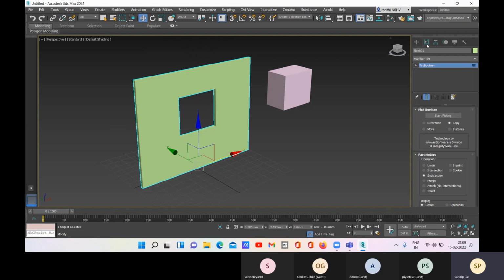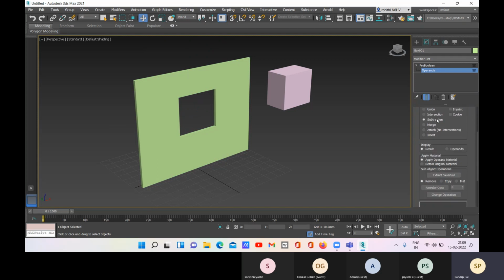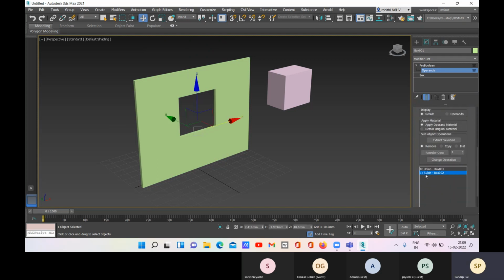Now you can go to this modify and there is this pro boolean and you can go for the operands and there you can choose this subtraction. If you want to change anything in the subtraction, like you want to change the position, okay, that you can do. And now what you can do, if you want to extract this,